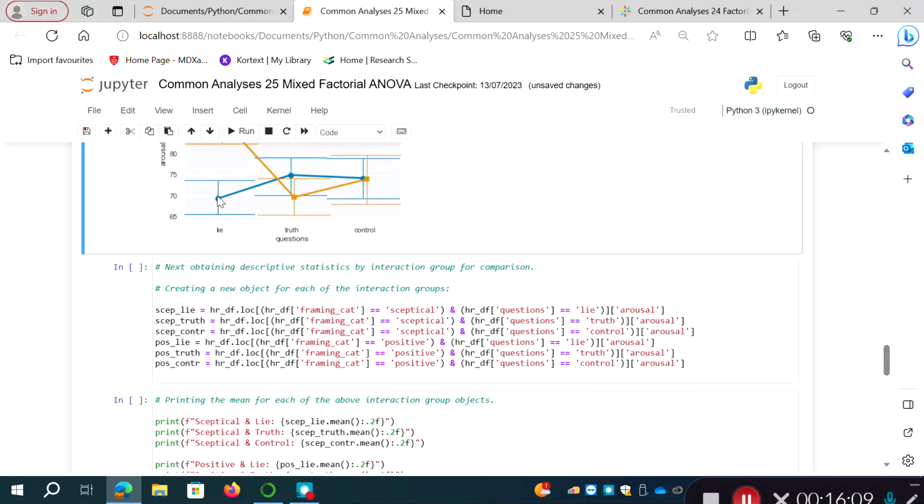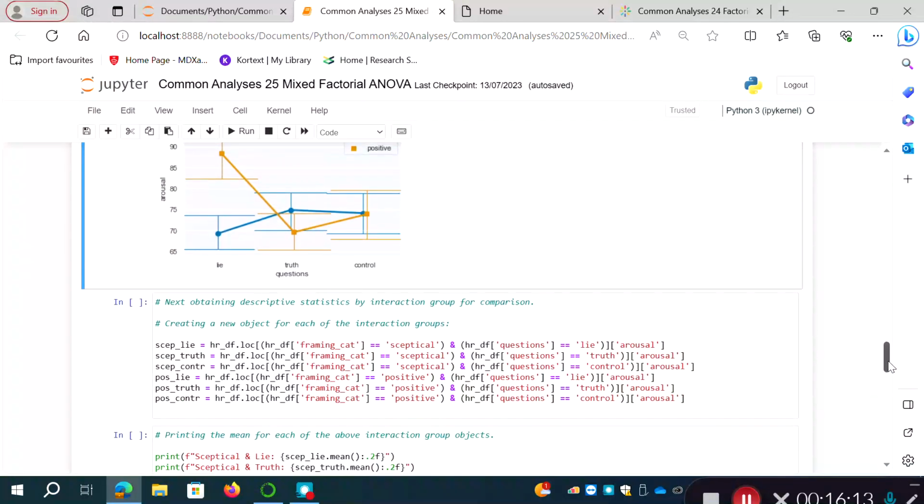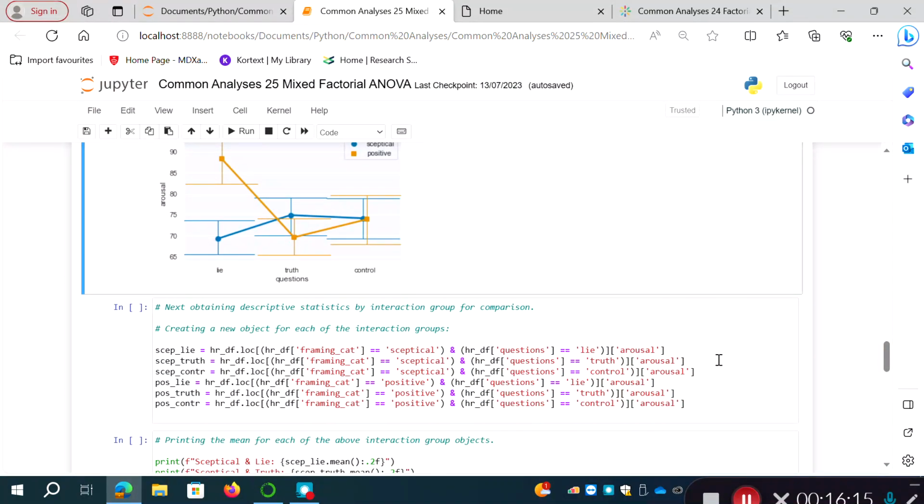So we've got one group for each of these data points, the 6 groups that we're going to compare really. And what I'm going to do is create a new object, say skeptical lie, and I'm going to use the .load method. What I'm telling it to do is take the framing category, and wherever the string says skeptical, and also take the questions variable, and wherever it says lie, extract